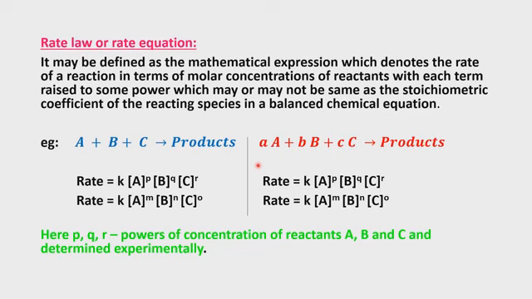Students, what have you observed here? Anyone? What is the main observation? The main observation is that we have two different chemical reactions. A plus B plus C equal to product. This is a different chemical reaction. aA plus bB plus cC gives rise to the product. It is a different reaction.